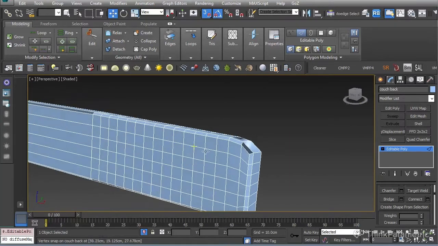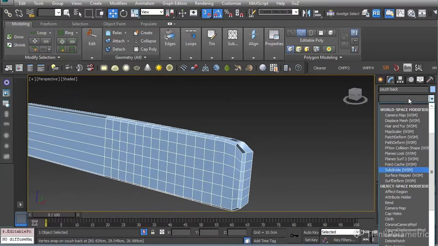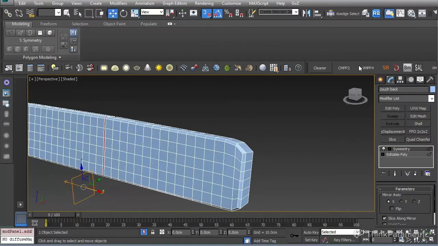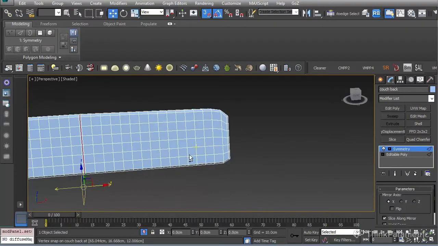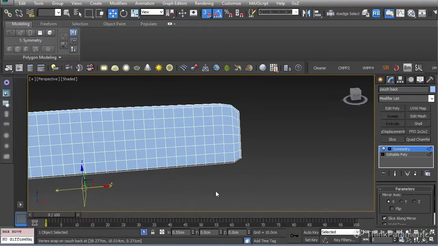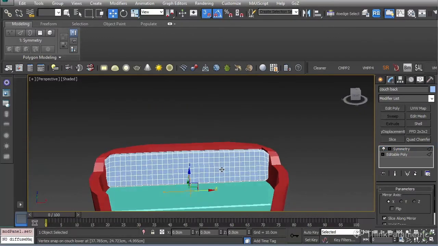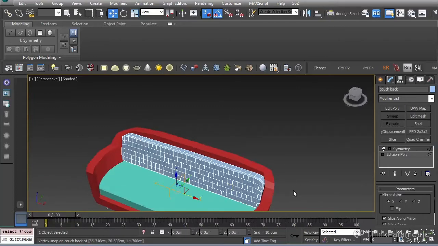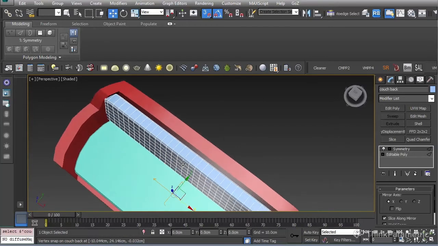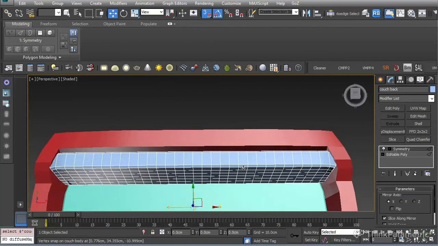So yeah, let's see one more time. Symmetry. Again, we're double checking that everything is okay. Top, yeah, pretty much there are squares.